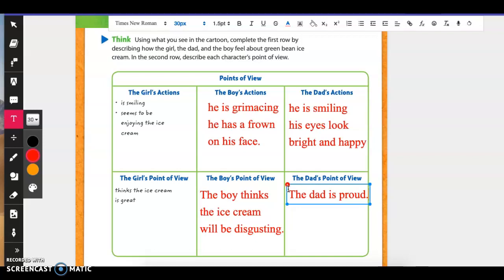Huh. Yeah, down that little road? No, they just went down that way. Sorry, we're looking at the trash truck. The dad is proud of the ice cream